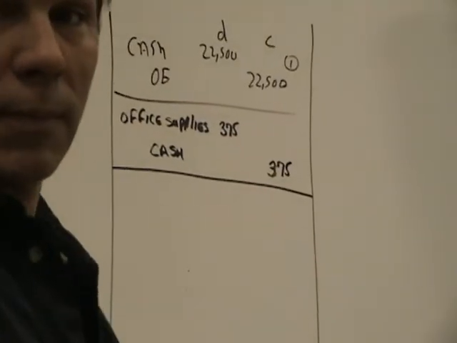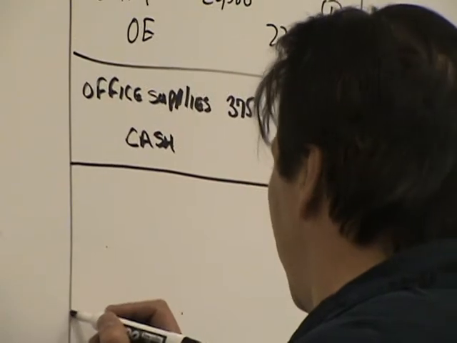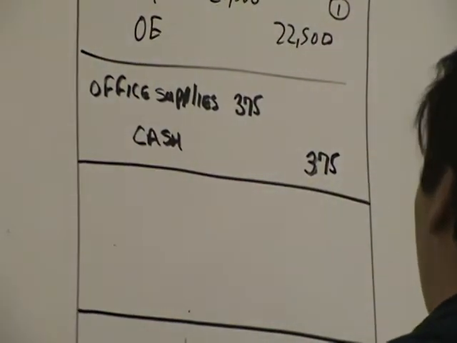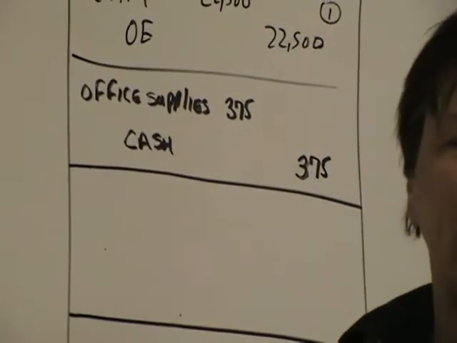Third is a compound entry. That means there's more than one debit or credit. But debits have to equal credits though. That's called the double entry method. On your test, you might have a question: what's the double entry method? It means that debits equal credits. What does it say? Purchase office equipment for